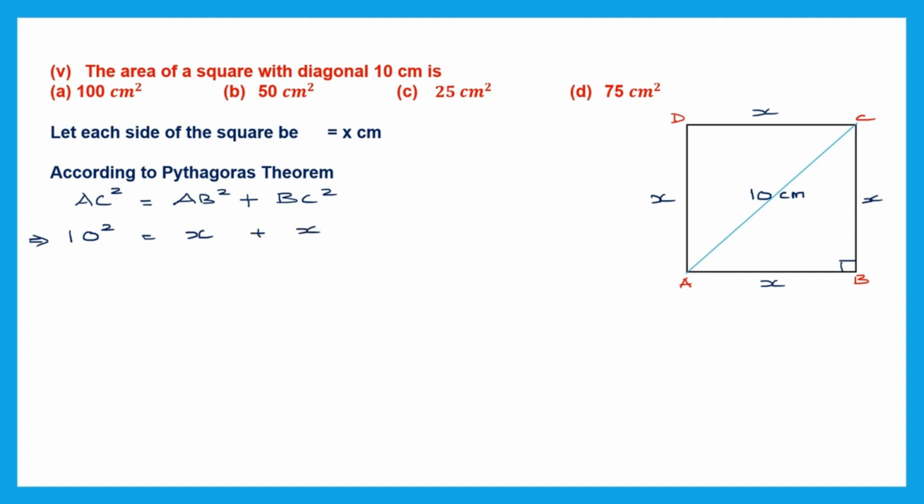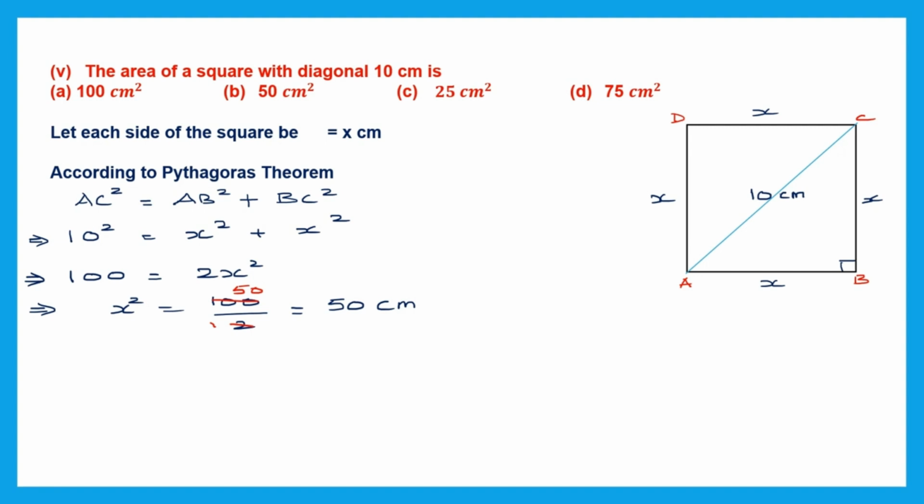Now x is AB, so AB square will be x square, BC is x, so BC square will be x square. So now 10 squared, 10 into 10 which is 100, is equal to x square plus x square, which makes it 2x square. So if 2x square is 100, x square will be equal to 100 divided by 2. We can cancel this. 2 ones are 2, 2 into 50. So we know that x square is equal to 50, and this is centimeter square because x is